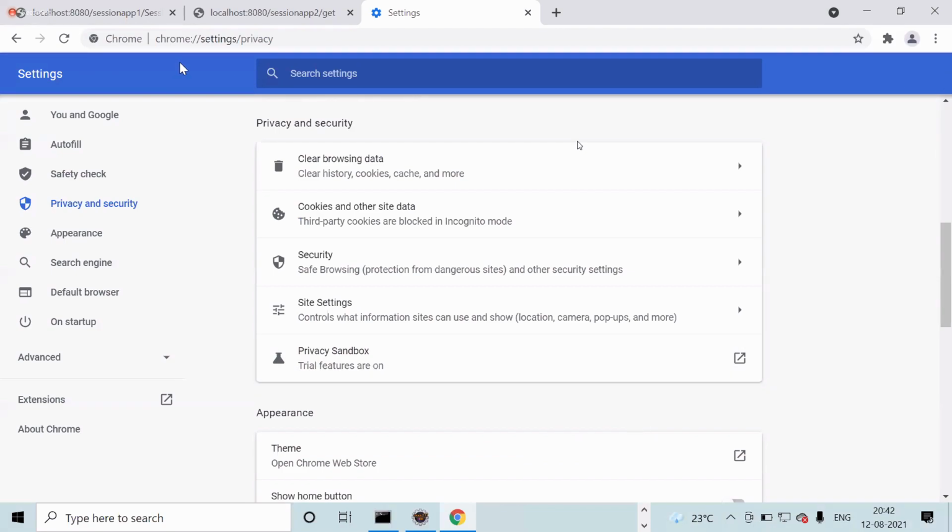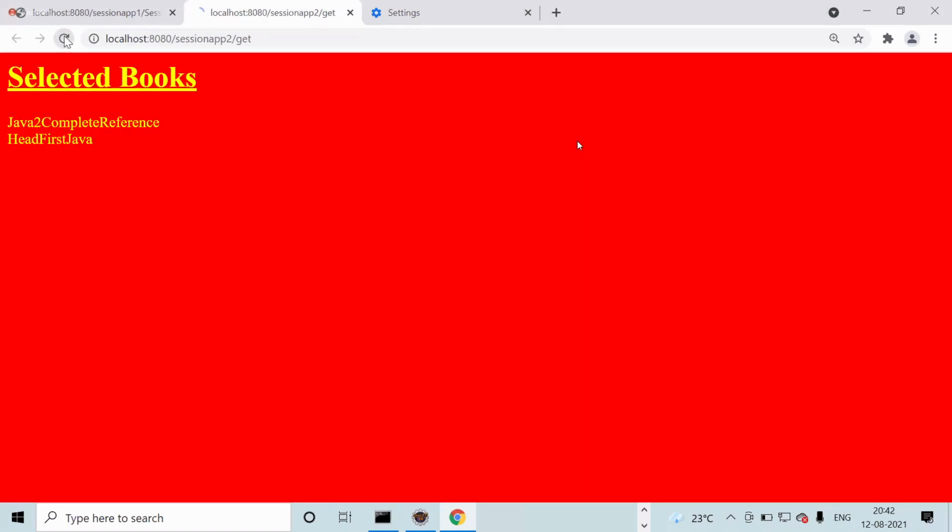Now you observe. Refresh. Because the session ID is deleted, with that the session ID vanished. If the session ID is matched, it comes; the session ID is not there.